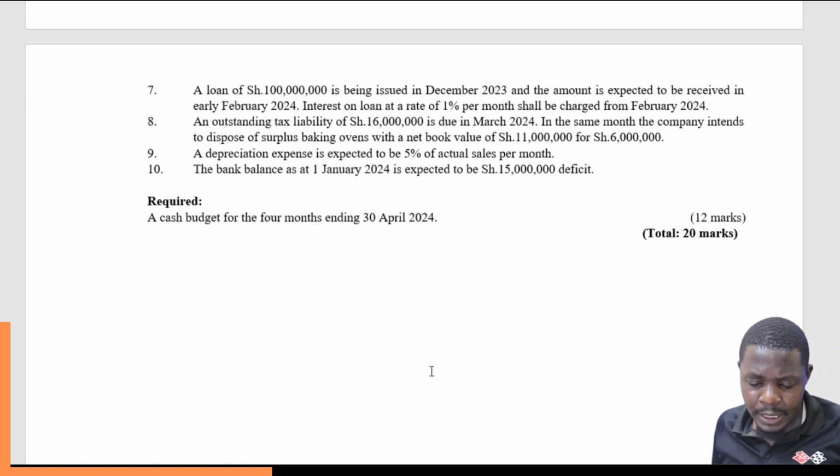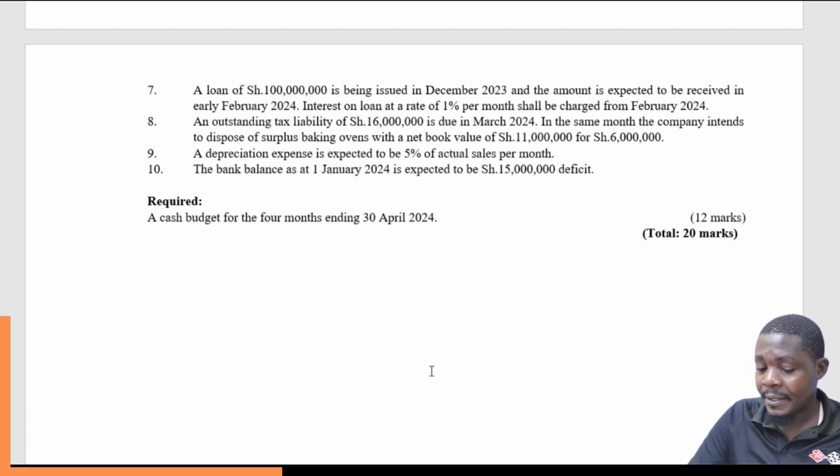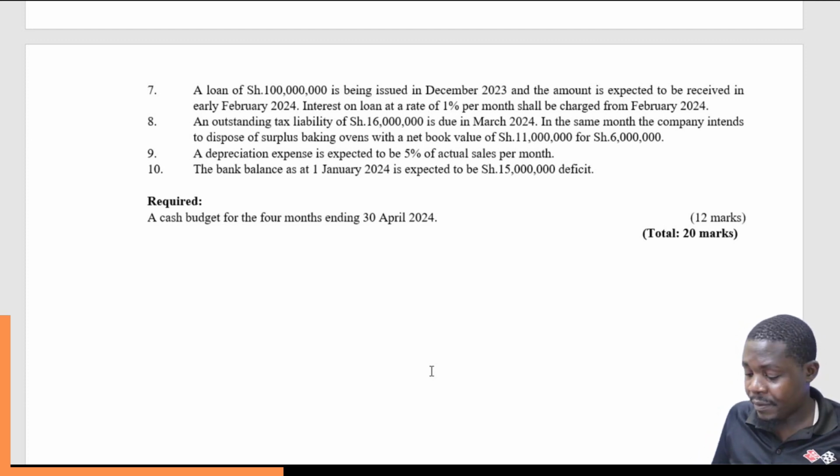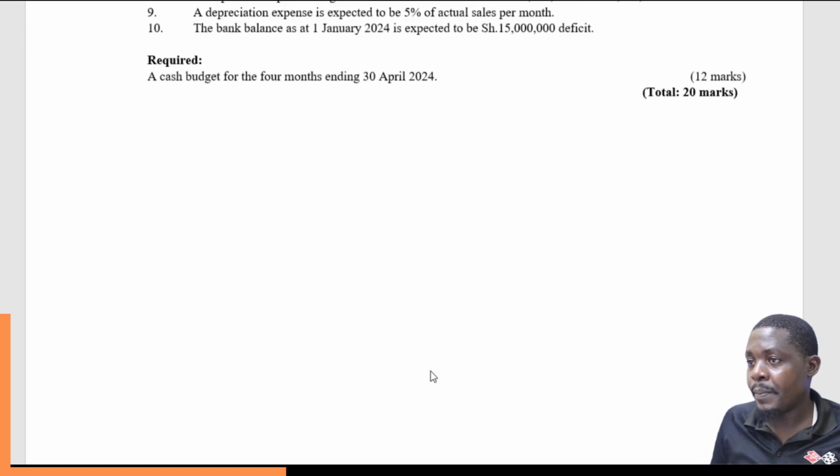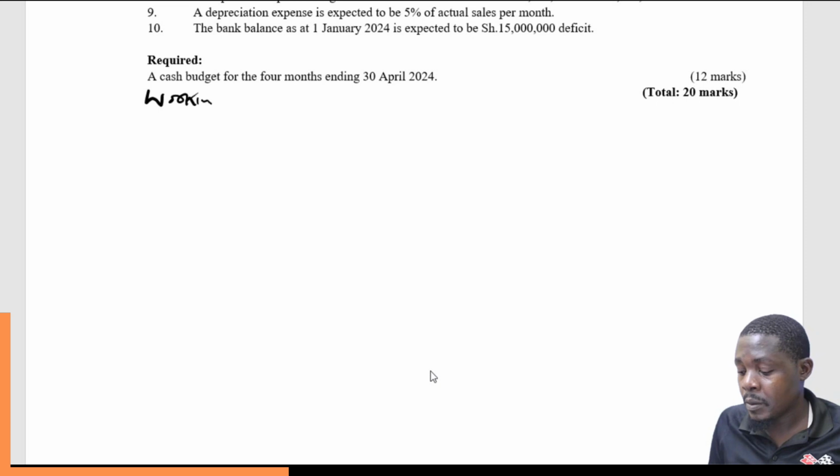We were told that the selling price per unit is 30 throughout the period. 40% of sales are normally made on 1 month credit and 60% are settled in cash within the month of sales. Therefore, let me prepare my worksheet. These are workings. We are going to have